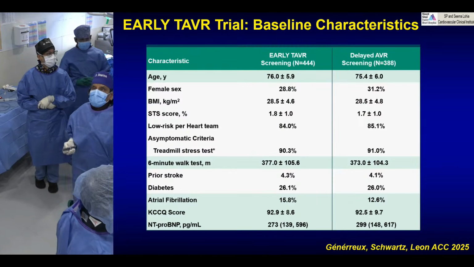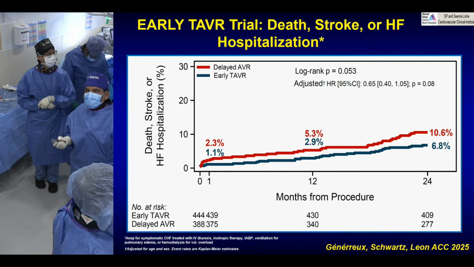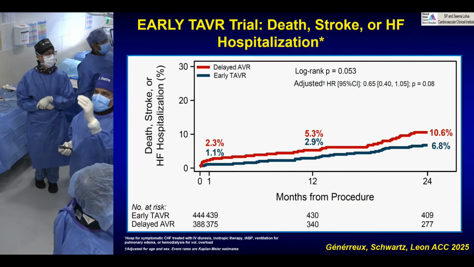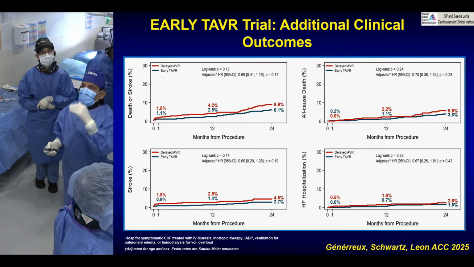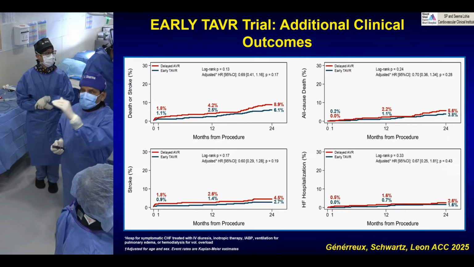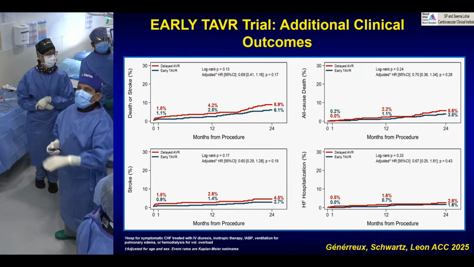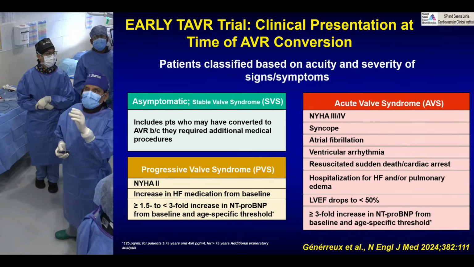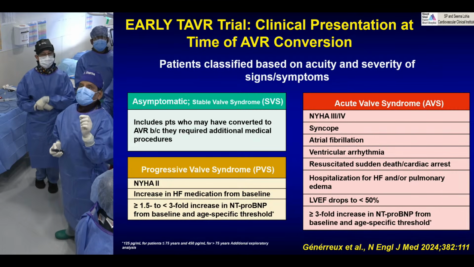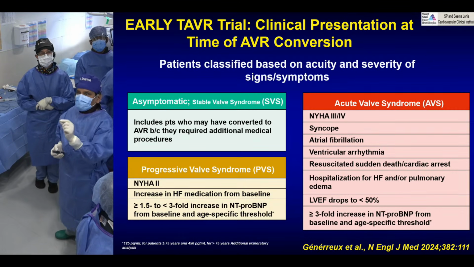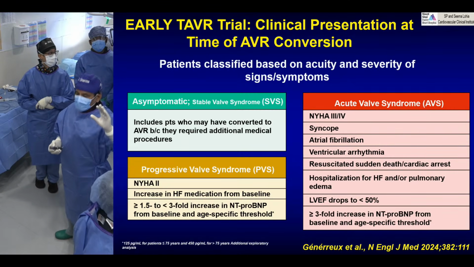And what they found, basically, initial baseline characteristics were not different, but more importantly, once you got a delayed aortic valve replacement, event rate was 10.6 versus 6.8, and individual endpoints are here. So all of them, when you have a delayed aortic valve replacement in the clinical surveillance group, it is not good. And we know that majority of them, they called it 3 groups: asymptomatic, stable valve syndrome, progressive valve syndrome, and acute valve syndrome. So if you have any of those, when you follow these patients clinically,